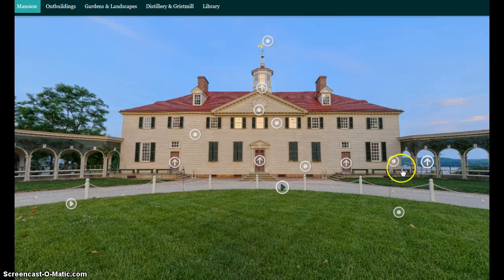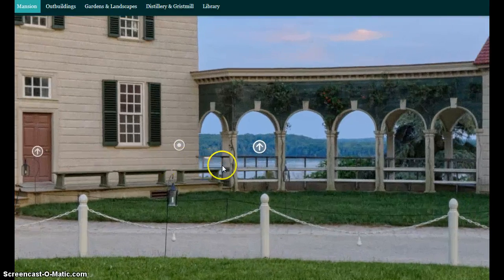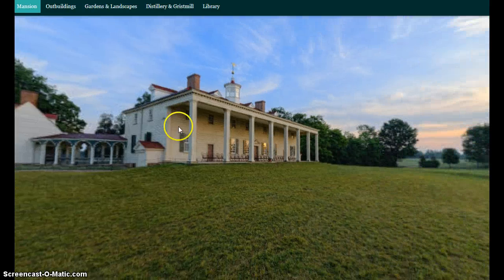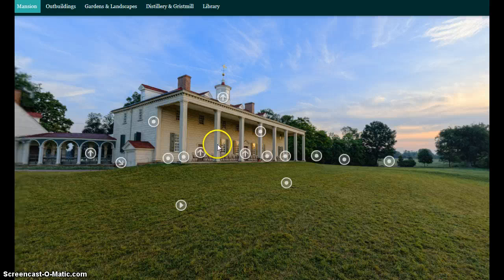So let's go back. This is what now today you drive in and you come down the driveway. The road, the house faces what is the road now. But during President Washington's day, what we look and we consider the front was actually the back of the house. This right here is the front of the house. You can see the long, big sitting porch